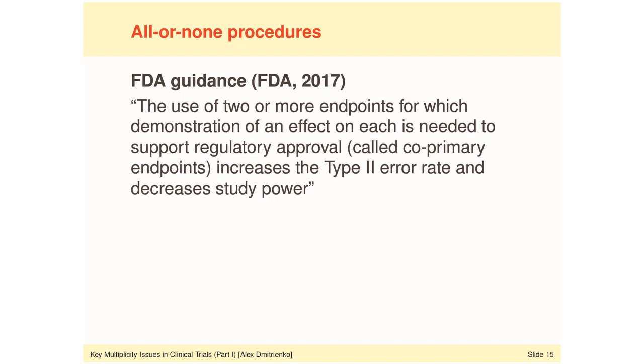In other words, with a large number of co-primary endpoints, the probability of success is reduced. This is a direct consequence of the fact that, as we said a few slides back, the parameter space for the global alternative hypothesis is quite small, and claiming success in this setting is quite difficult. And I would like to also add that it is further stated in the FDA guidance document that the loss